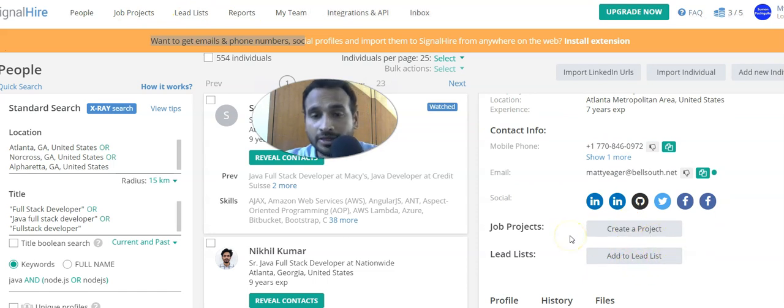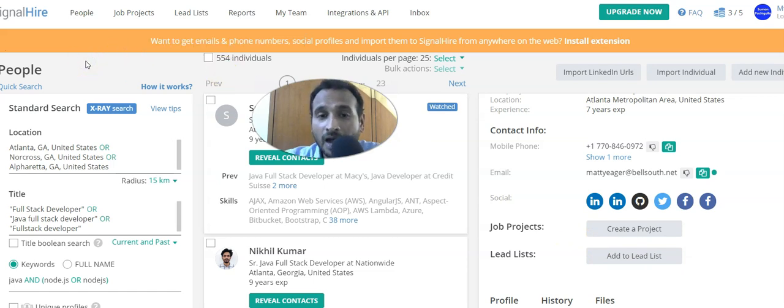But what I would like to suggest, to get many profiles, is simple. If you want to reveal 50 contact numbers and email IDs, why don't you have 10 different email IDs, log in, and use this free one, and you can take advantage of it.